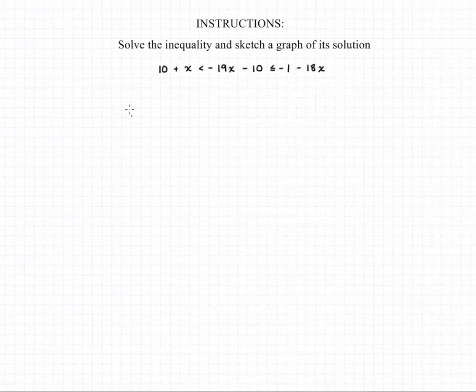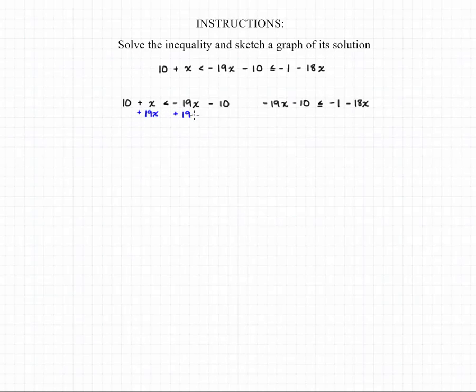We can solve this particular compound inequality by breaking it into two separate inequalities, solving them, and then bringing them back together. So we're going to have 10 plus x is less than 19x minus 10 on one side, and negative 19x minus 10 is less than or equal to negative 1 minus 18 on the other. So if we add 19x to both sides of our first inequality, we'll end up with 10 plus 20x is